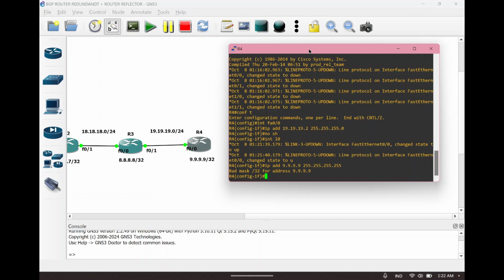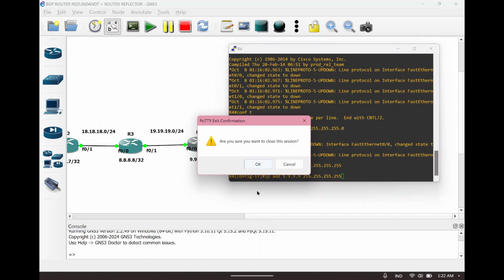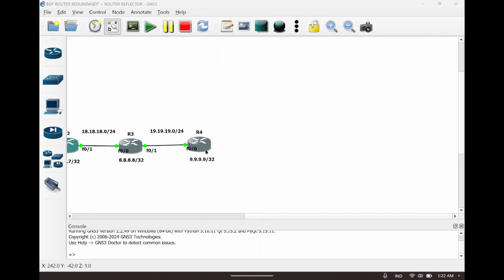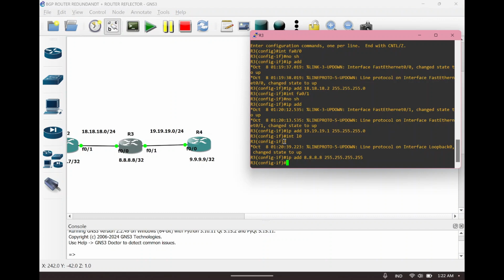This is a bad mask because there is a typo and I want to type it again. I'm sorry for my mistake. So I want to check first in router number 3, maybe I made a mistake there, but when I look there is no mistake.